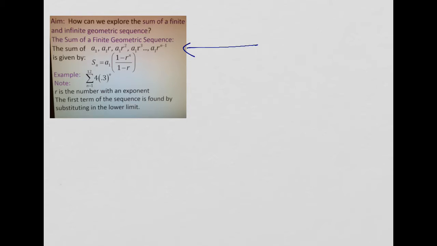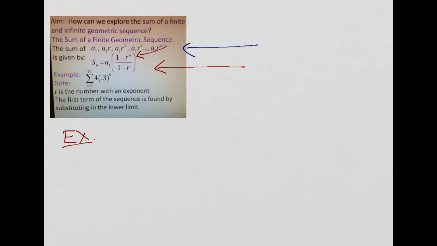This is the formula that we're going to use. S sub n is equal to our first term, which is a sub 1, or perhaps a sub 0. So be careful how the first term is indicated. And it's multiplied by (1 minus r to the nth power) over (1 minus r). The numerator has the n in it for the exponent for r, so it's a good way to memorize it. So in our example problem